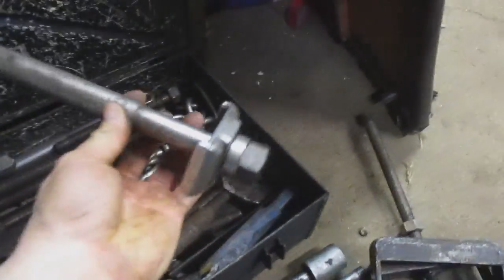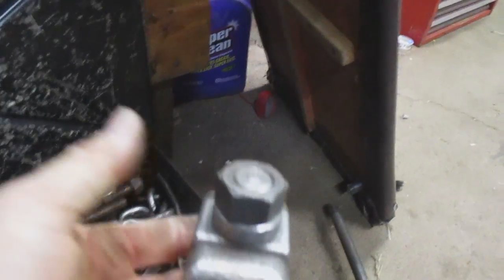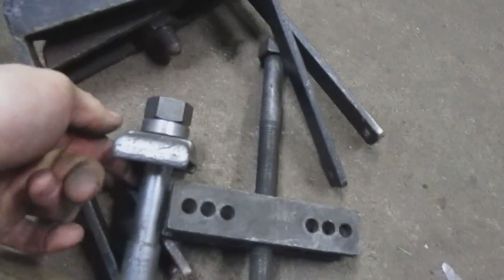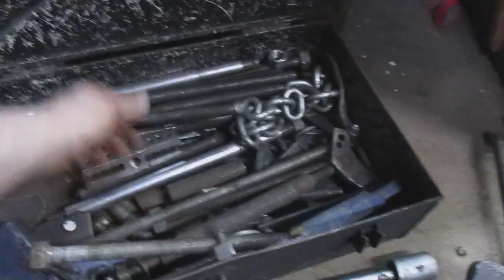These are some more of those bars. These are shorter ones with the attachment for pulling. This would actually be on the top of the puller like that. So you'd put it in up top here, and then your other part down there. There's 2 of them in this case. There's a bunch of pressure screws, another yoke, OTC made,